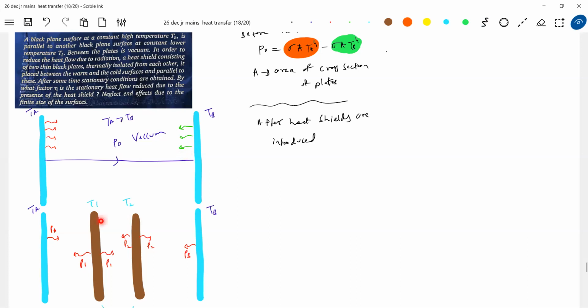So now what is it? They are in equilibrium. So in equilibrium, what will happen? It will be emitting from two surfaces. It's a plate, not a wire. It's a plate. They are each shield. And at the same time, it will be absorbing the radiation emitted by plate A and plate 2. So at equilibrium, what can we write for each shield 1, after the shields are introduced,